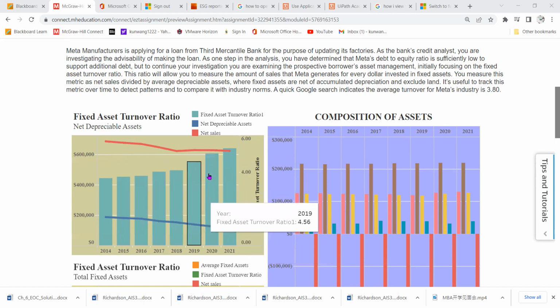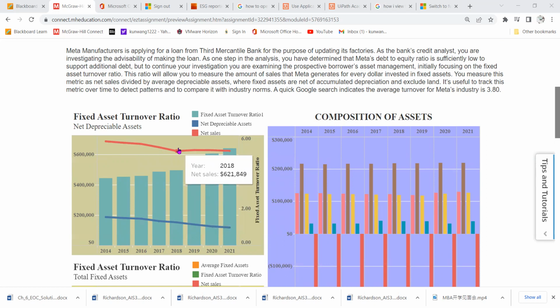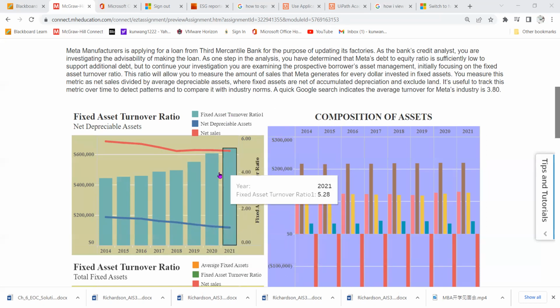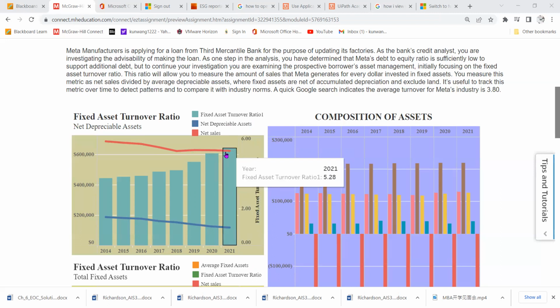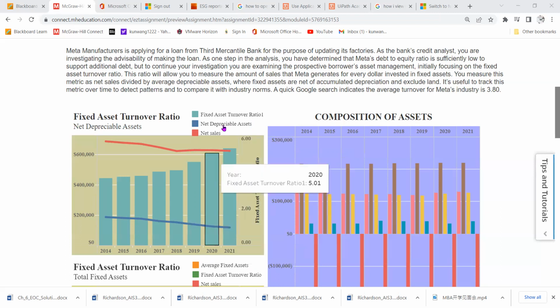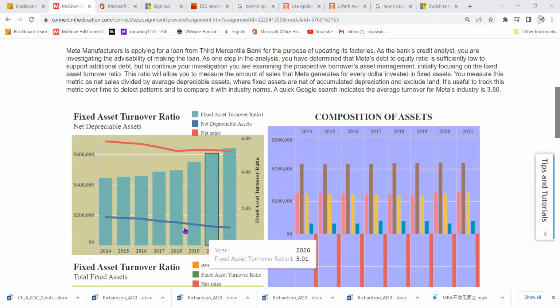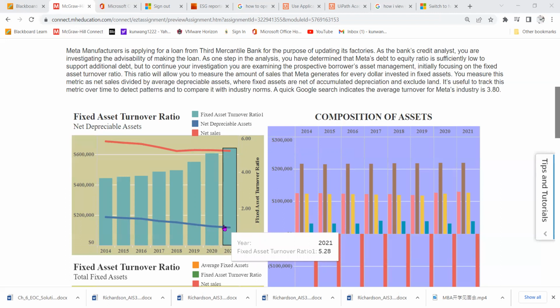And overall, when we divide the net sales by the net depreciable asset, we see an increasing trend for the ratio. So for the net sales, it may not be a good sign because you can see that the sales revenue keeps going down. And the turnover can go up basically because we have also reduced depreciable asset, fixed